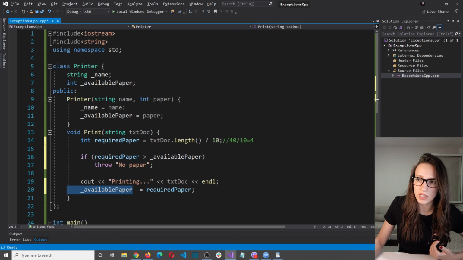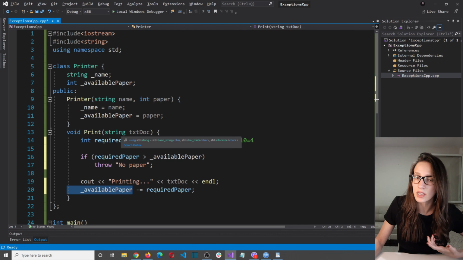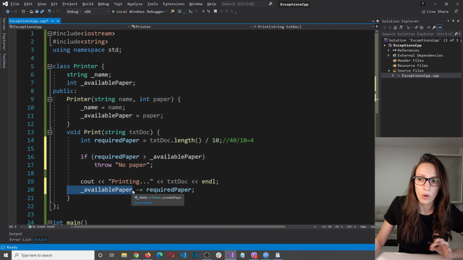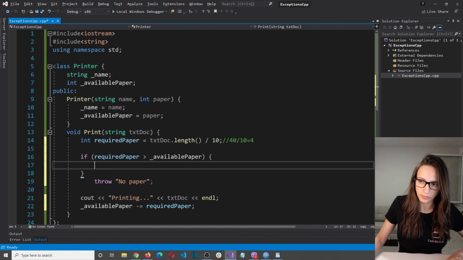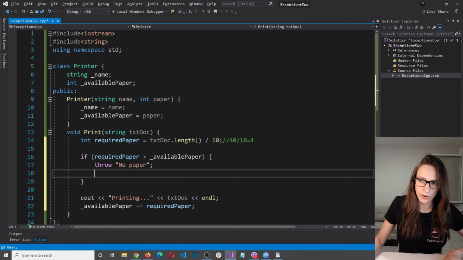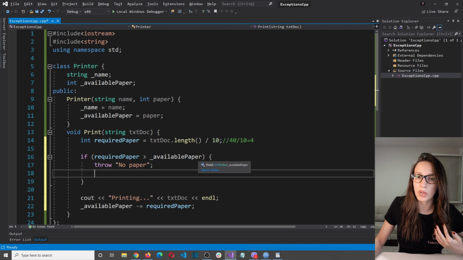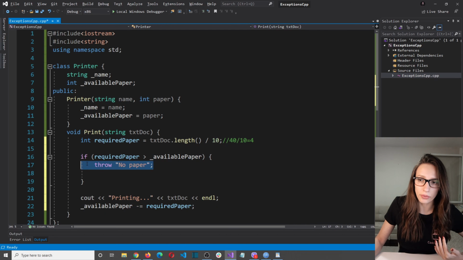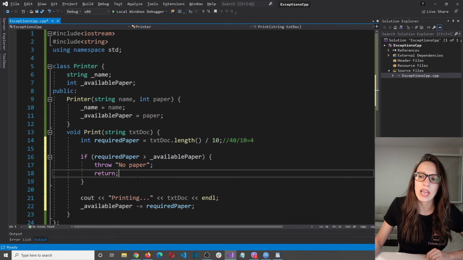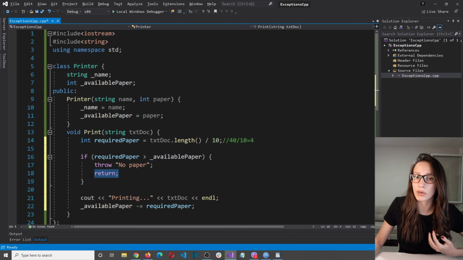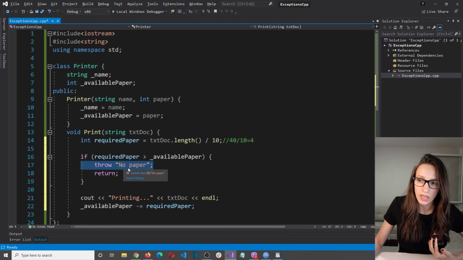So that when we come to this function next time, we have less paper. Okay, now one thing that many beginners do is they do the following. So they say, if required paper is greater than available paper, so if we don't have enough paper, please throw an exception and then return, like this. And this is actually redundant because if this exception here is thrown, it is not going